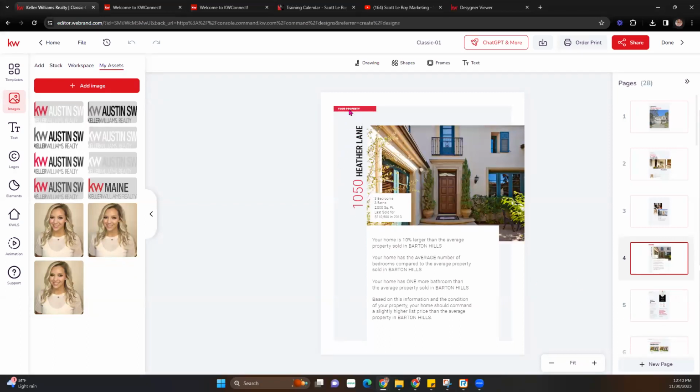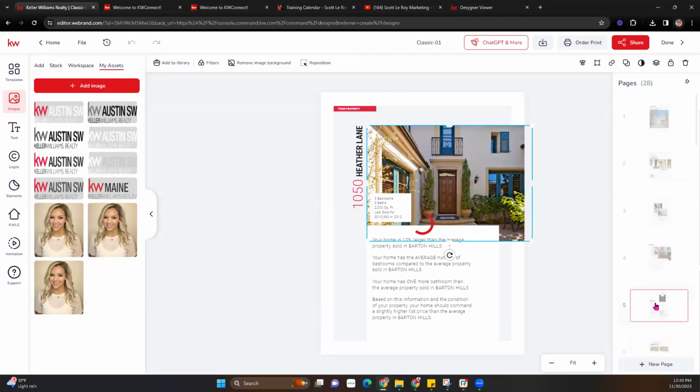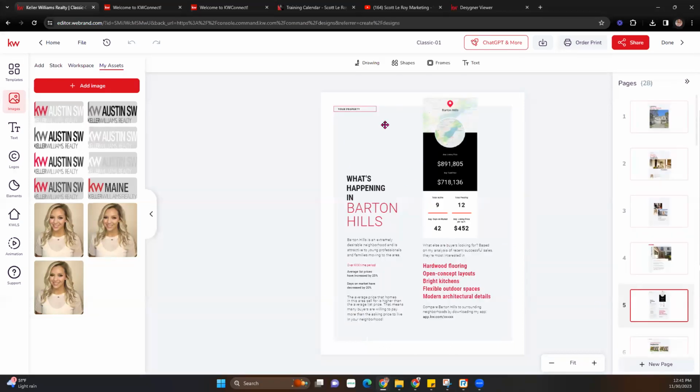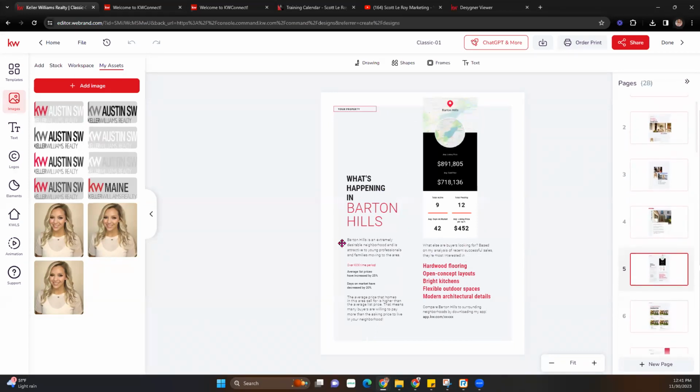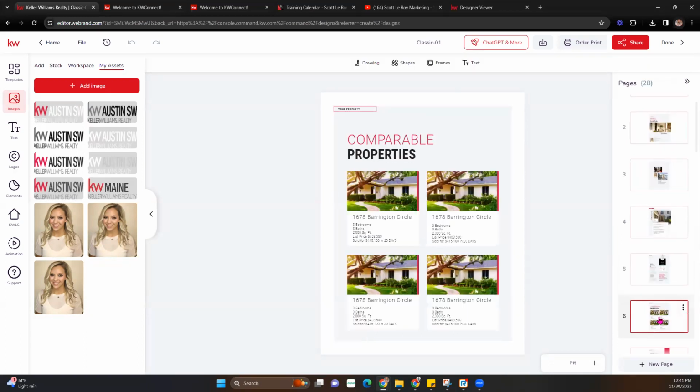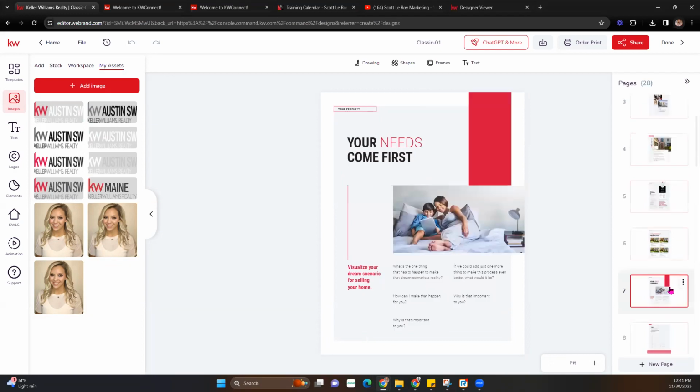Again, this is going over their property, so you can pull in the snapshot from the area. Again, just make sure all of this text is getting edited either by double clicking and editing or using that typewriter. Comparable properties, their needs,